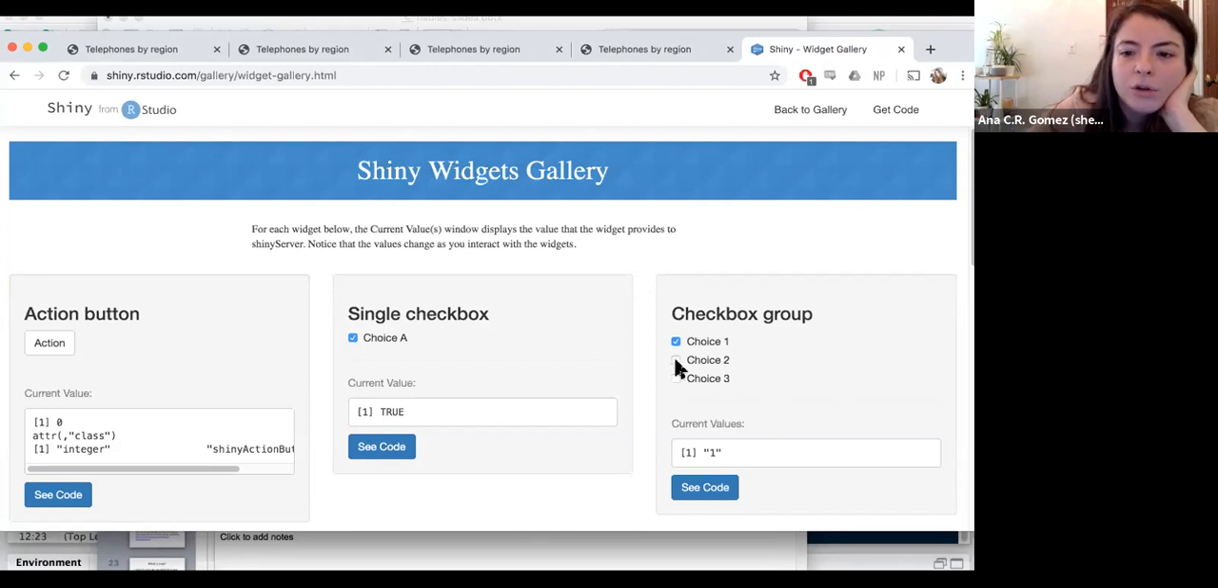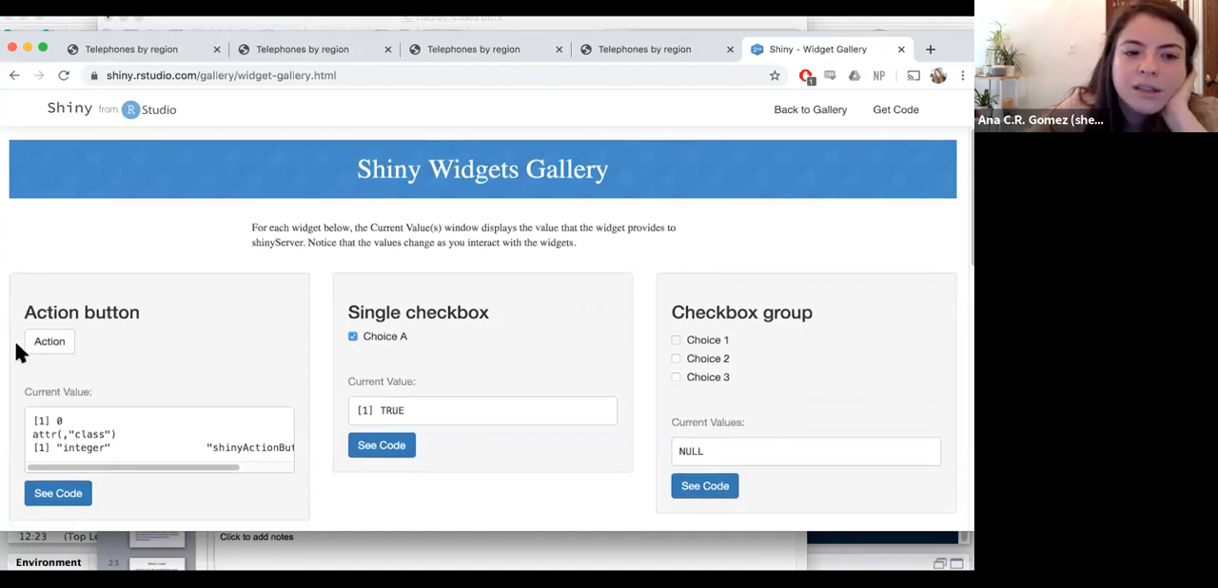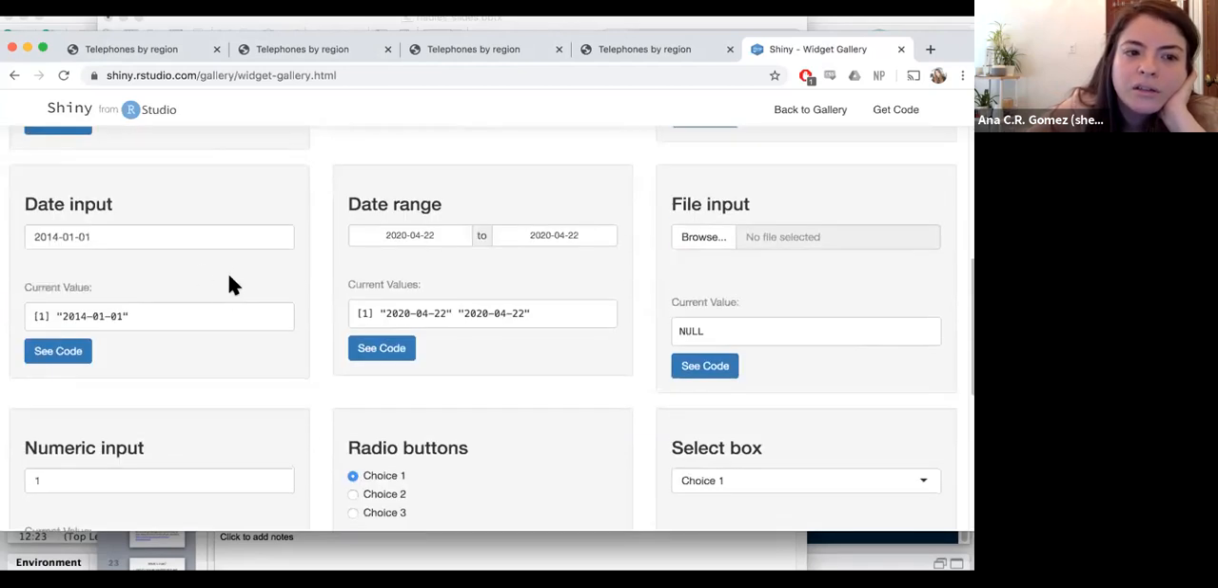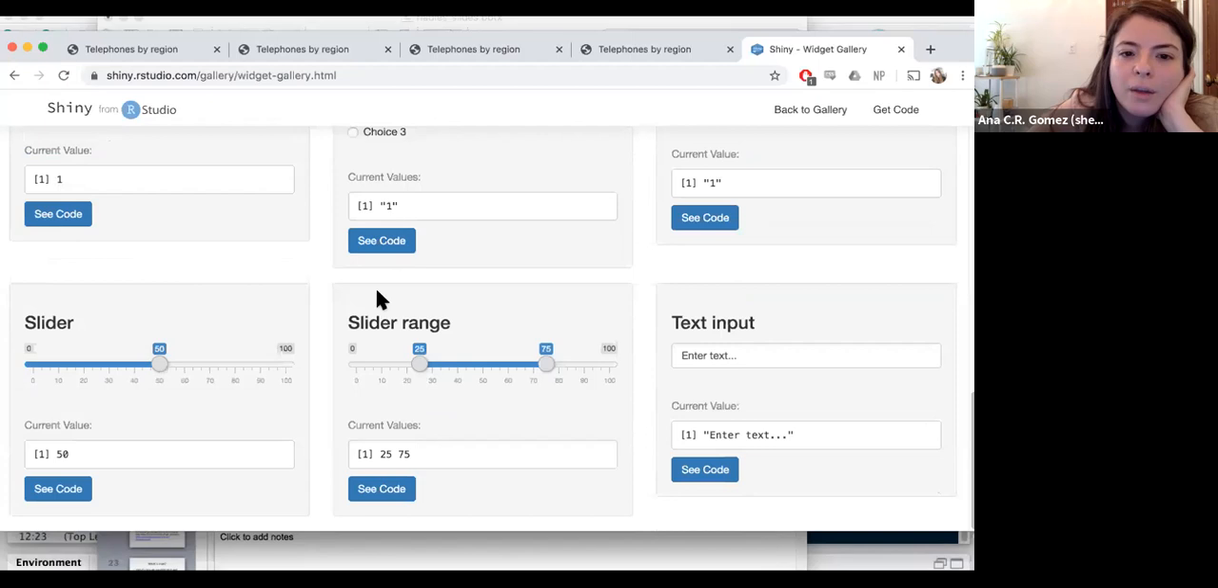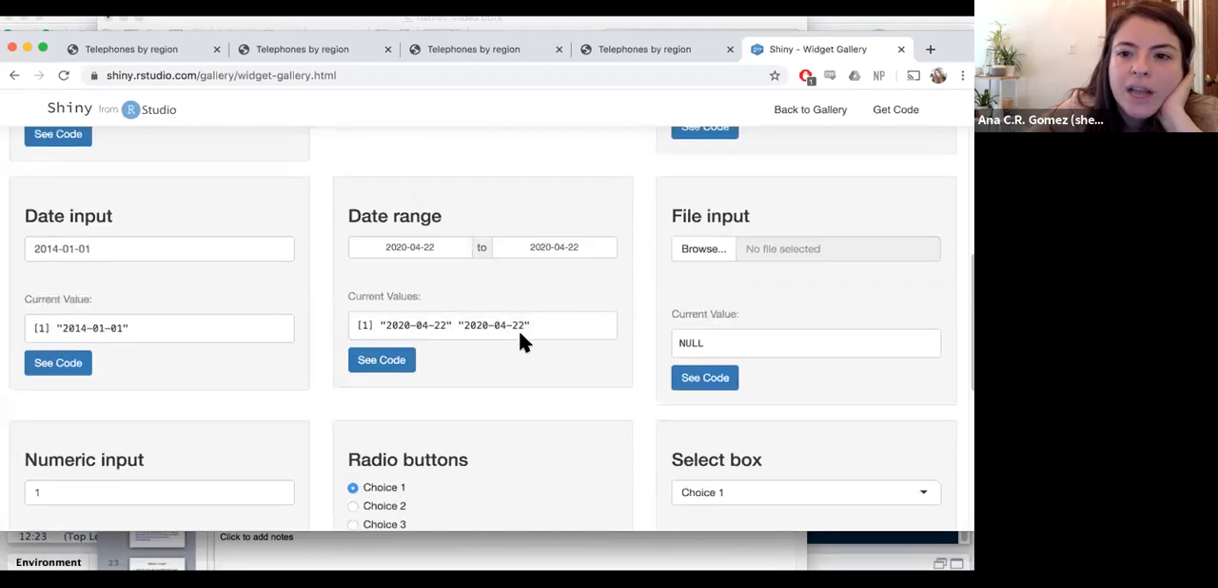So here's a checkbox group. Checkbox is for when you can pick many things. This is a single choice checkbox, true or false. This is an action button. So for example, if you look at the COVID app again, when you change the parameters, you have to click a button to make it run, whereas the one that we're doing right now, every time you change something, you just update. So that's an action button, date input, date range. I use a lot of sliders, slider range, or slider to set up your parameter. It can be text input,